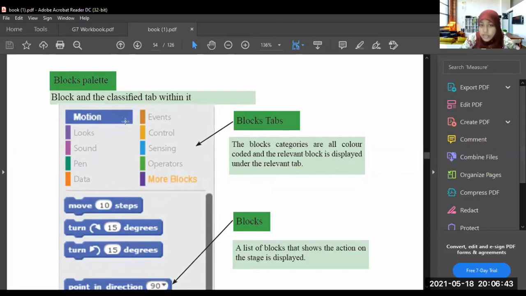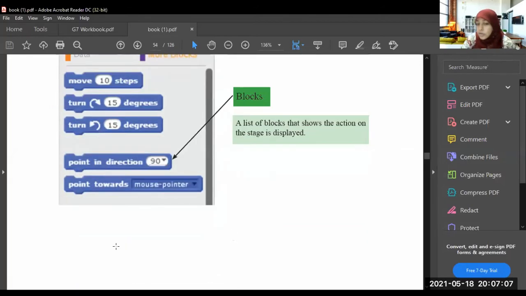So there are block tabs here and here there are blocks. We are using these blocks to show the action on the stage. If you want the bear to talk, or to make a sound, then you should use these blocks. That's why we are using blocks.